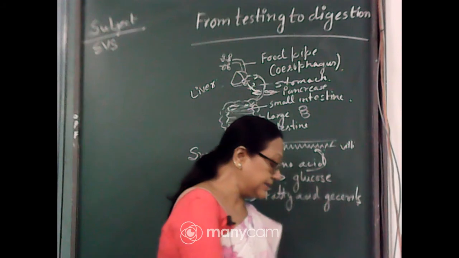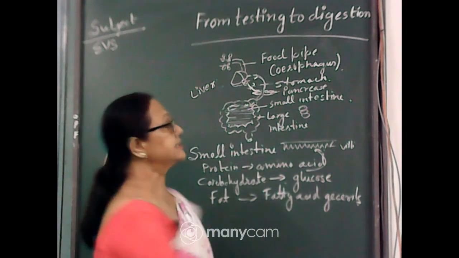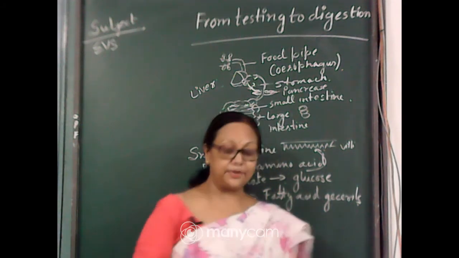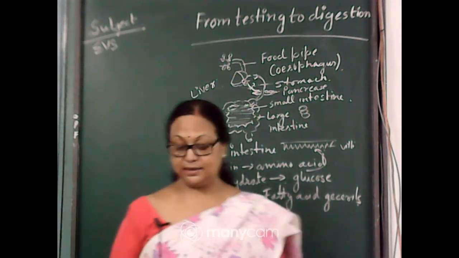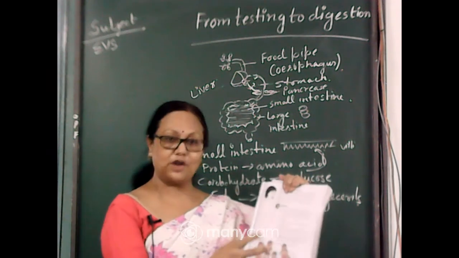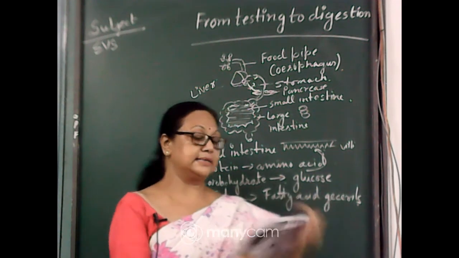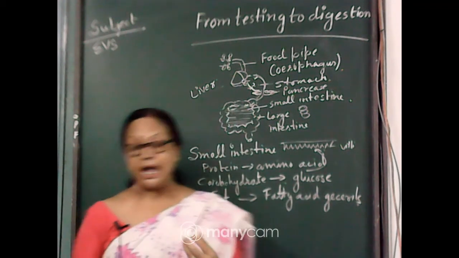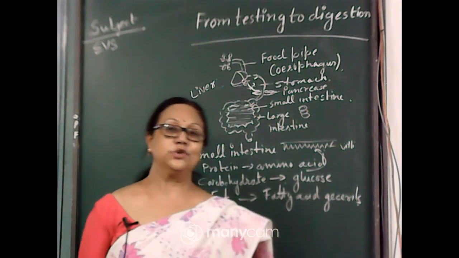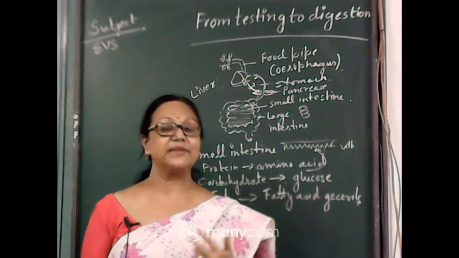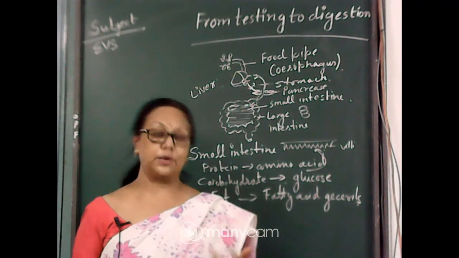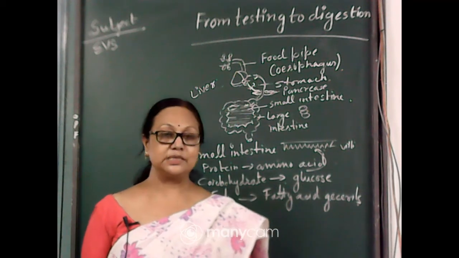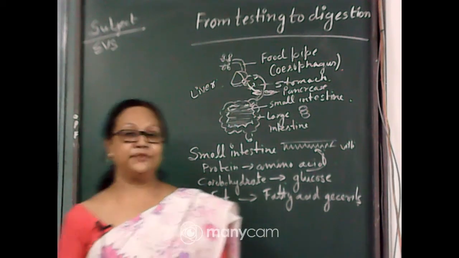As we start our chapter from tasting to digestion, refer to page number 27, "Straight from the Heart". A figure of a girl or boy is given, showing when we keep the food in our mouth and swallow it. When we are eating the food, what is the route of our food from the mouth, in which organ it goes, how it is being digested, and what is the function of this food?